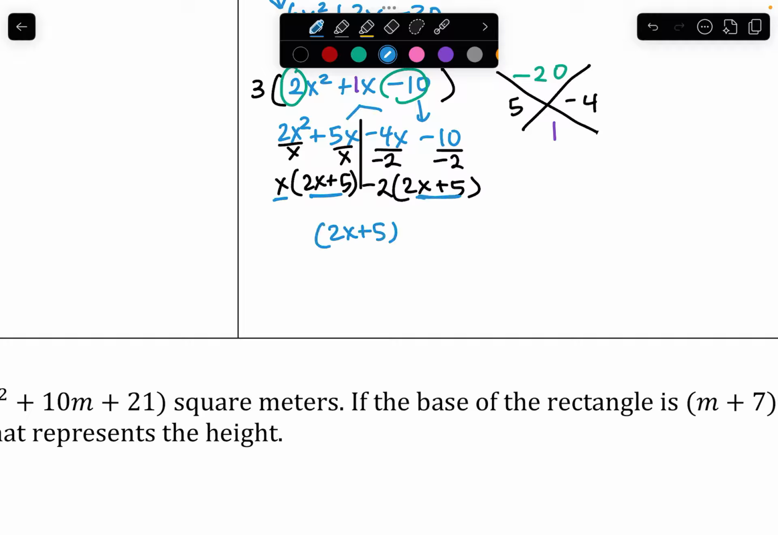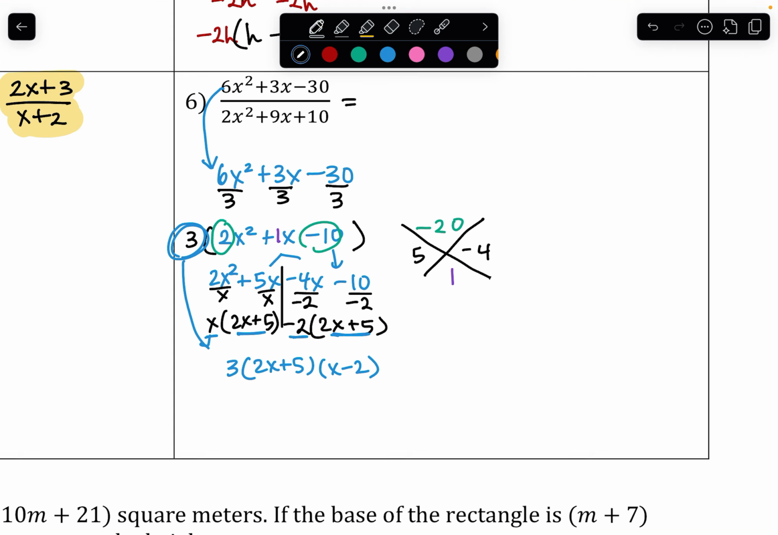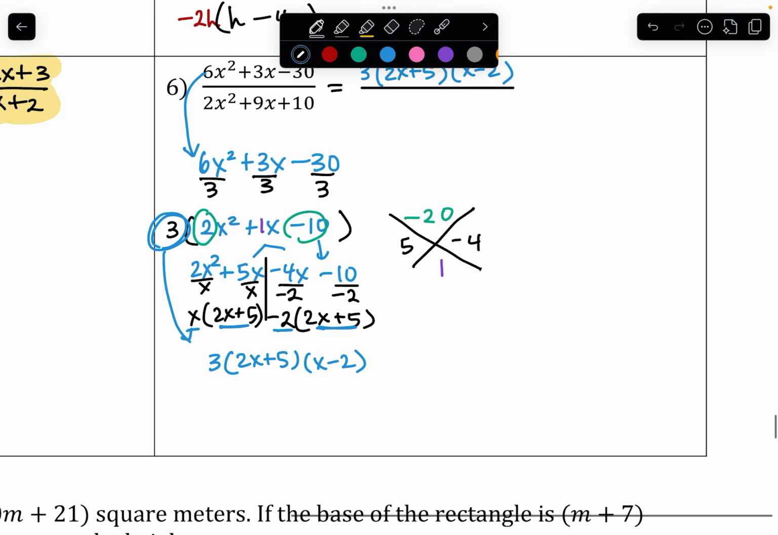And then we have x minus 2. Okay, and then don't forget this original GCF of 3 that we factored out from the very beginning. Okay, and so the numerator has that 3, has the 2x plus 5, and it has the x minus 2. Okay, for the denominator,